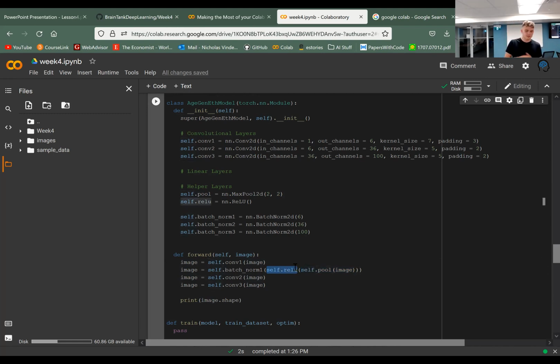So remember, our numbers could be within a massive range. We're squishing them in between to find our nonlinearity. This one is using ReLU. And then we're putting in our batch normalization. Batch normalization is very complicated. I want you to see this as giving your image, giving your intermediate steps, medicine to help it heal a little bit, because